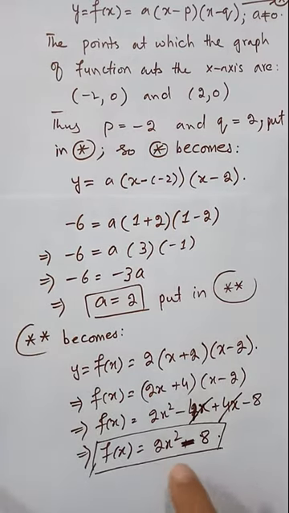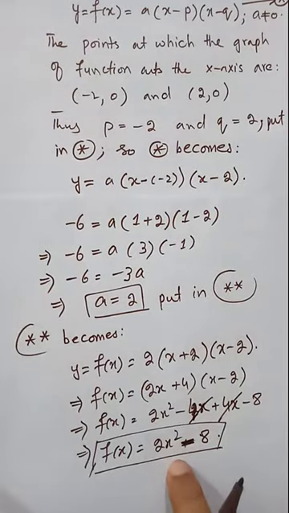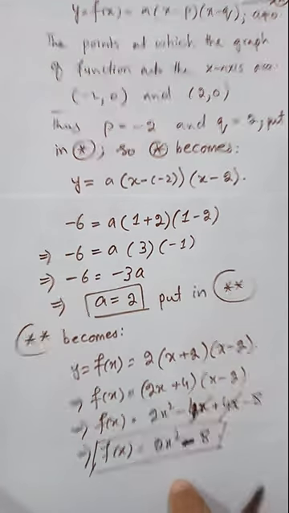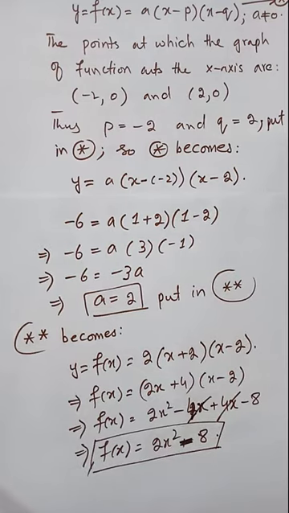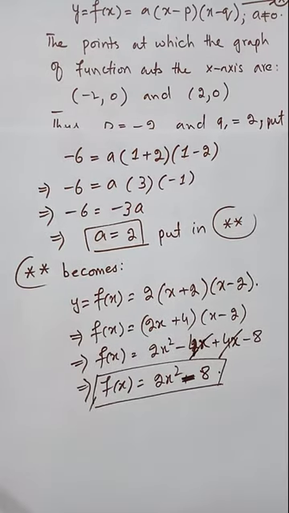So when you draw the graph of this function, it must cut the x-axis at (-2, 0) and (2, 0), and the graph of this function will always pass from (1, -6). What does it mean? This question is complete here, but remember that a point which lies on the graph of the function, or the curve of the function, passes from the point. Both are the same statements, but the point which lies on the graph always satisfies the given equation.